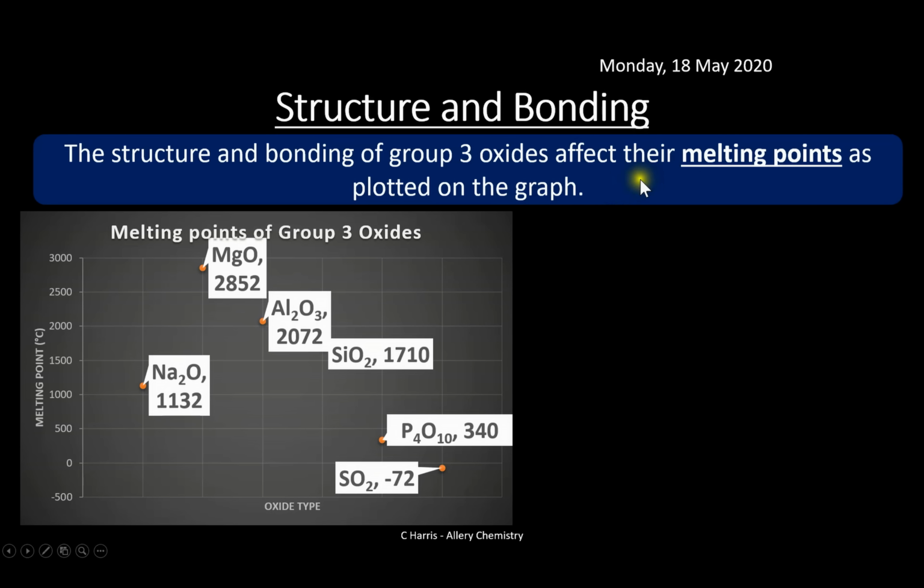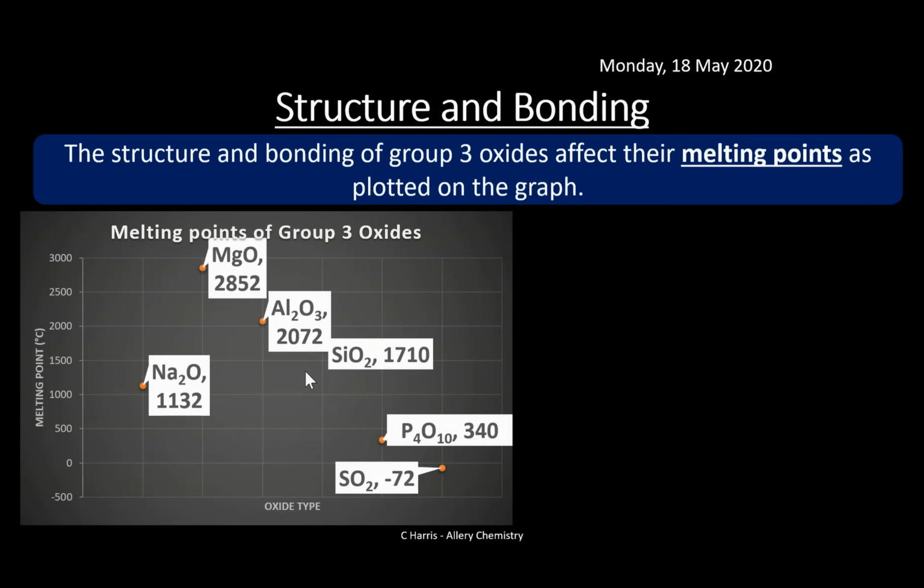Now you can see here this is slightly hidden. There's a point behind there. I'll get that amended. I'll just stretch that out over here. But effectively, you can see the melting points of your group 3 oxides that are all listed here. Okay, so they've all got different melting points, as you can see, and we need to try and attribute their